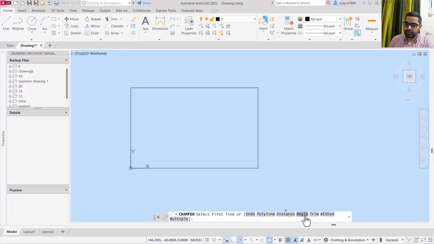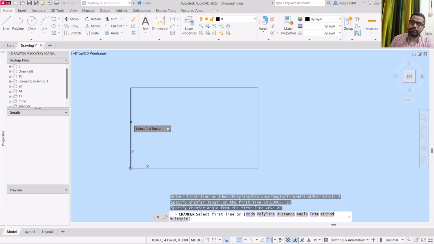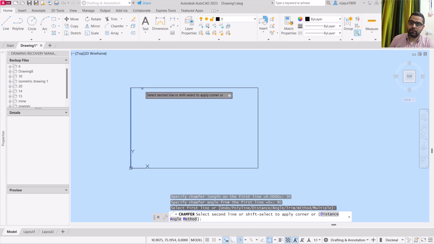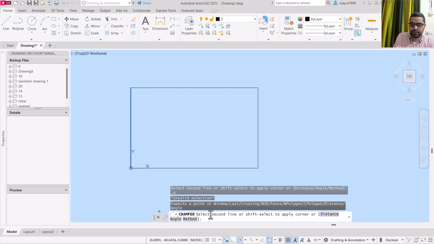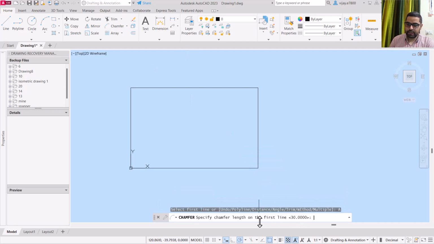Click on chamfer, click on angle, then specify chamfer length. On the first line I'm going to use 30 here, and for angle I'm going to use 80 degrees. Now select the first line and okay, I think we have made an error in chamfer distance. Let's close it first. Click on chamfer, specify angle and specify distance 30, and now specify the chamfer angle from